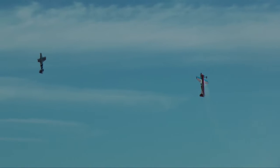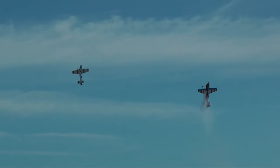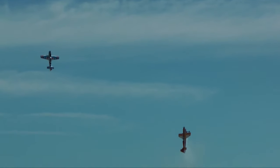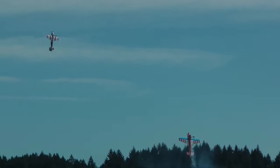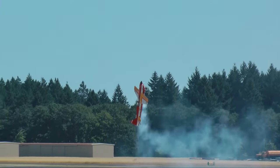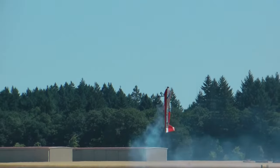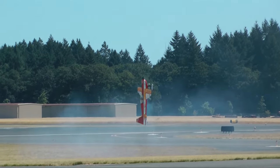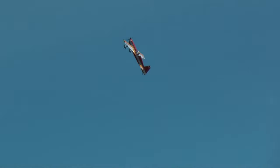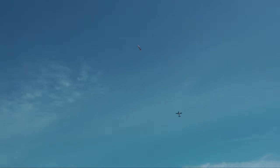The torque of the engine is going to turn that airplane slowly around the vertical axis. They're not putting in any control forces here to make them turn. It's the torque of the engine that's accomplishing this. Of course, you see now what this breeze is doing. It's coming from behind us. And that, they say, is a...